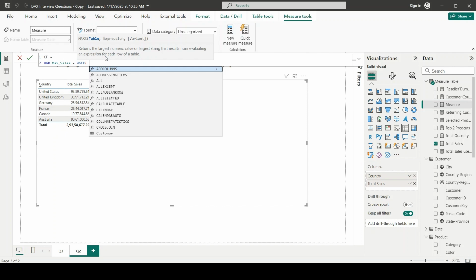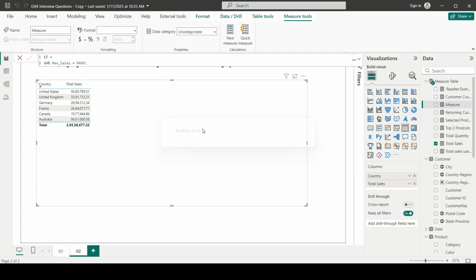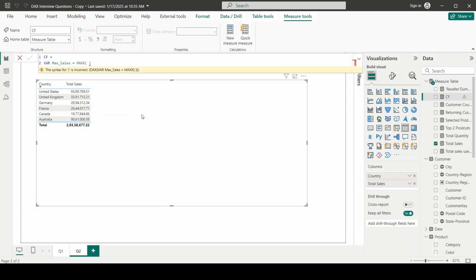So firstly, I need to remove the filters from the country column, because if I drag any measure in this visual, what will happen? This filter context will work, right? Country has the filter context here. That is why we are able to show different sales values, it is splitting up, but we have to change the filter context here, right? We want to ignore all the filters that are being introduced in the visual from the country